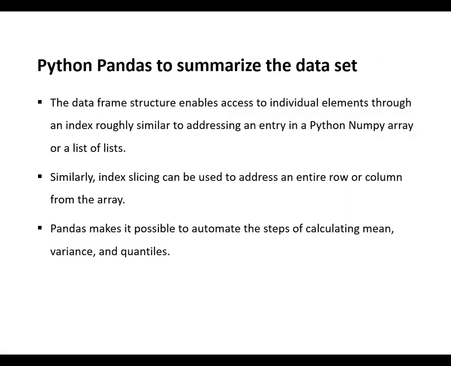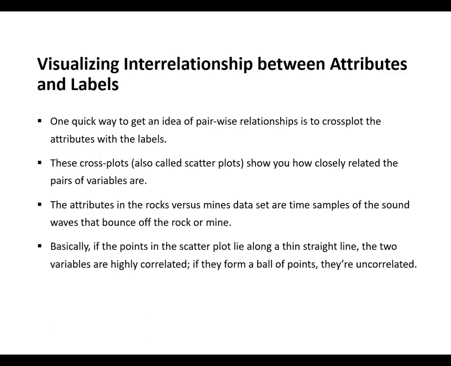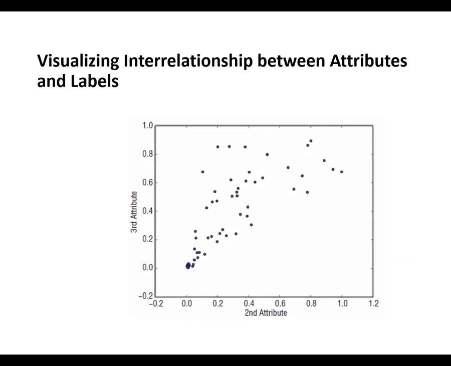Just to recollect a little bit, we have studied how to draw the parallel coordinates plot and how to draw the scatter plot. The parallel coordinates plot uses the method from pandas, plotting.parallel_coordinates, and also a method from matplotlib. The scatter plot we have studied using a method from matplotlib.